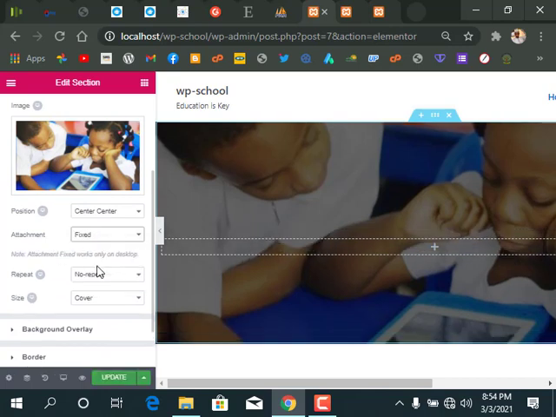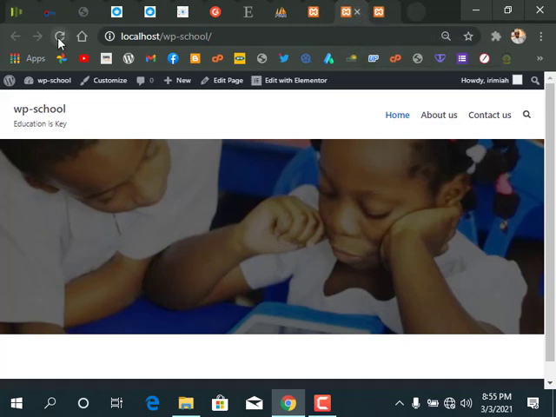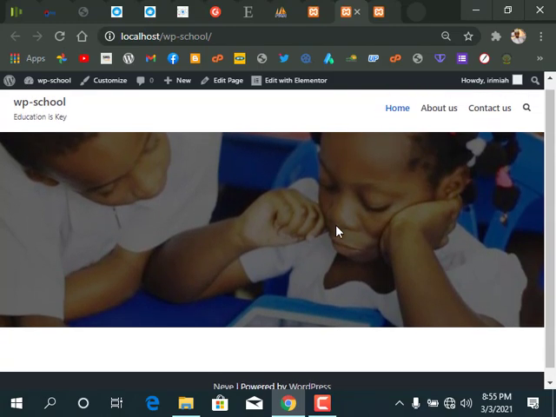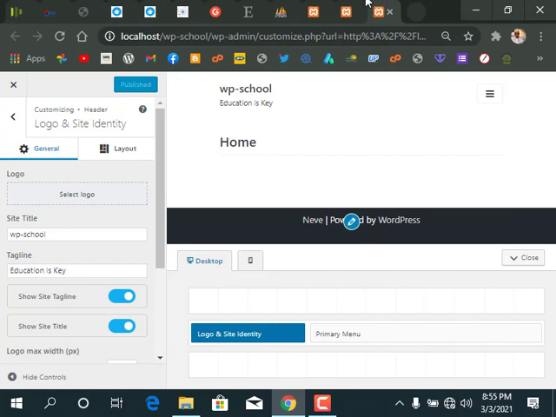And here, let me just put it at fixed. I showed you what fixed is before, right? When scrolling, the whole image moves along, but with fixed, the image will be stagnant and this one will be moving. It's because we don't have any content under it, that's why it's not moving together. So in some other schools, you'll see something like